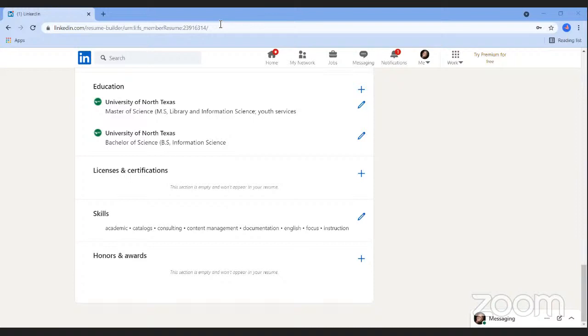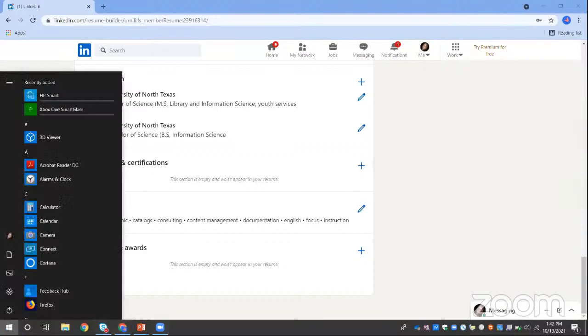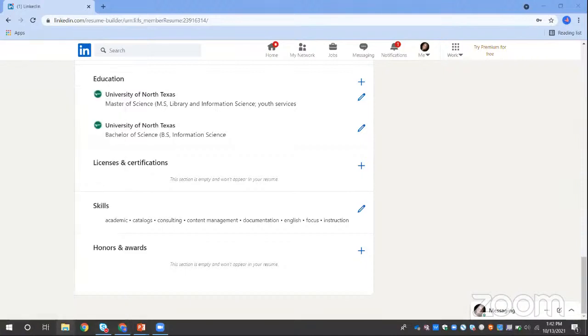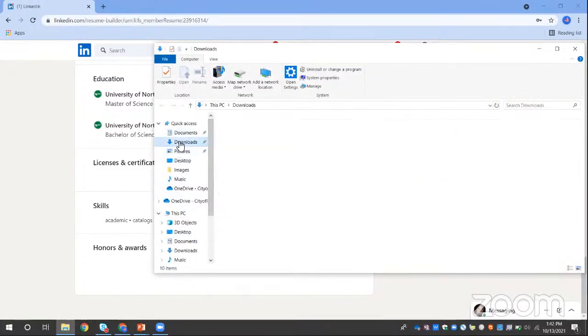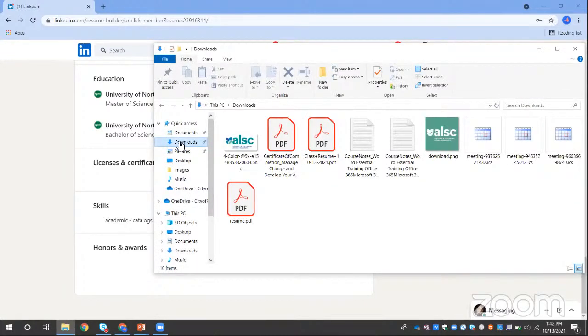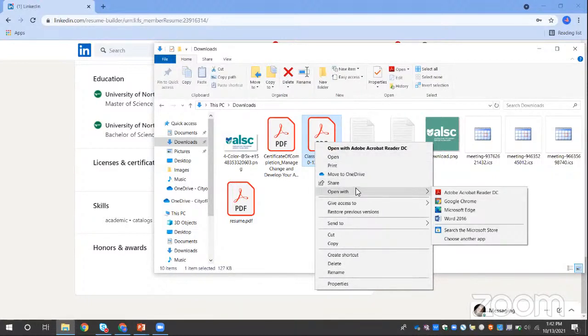So what we're going to do here is switch our view so that you can see my whole screen. And we're going to pop over to my downloads here to open up a PDF in Microsoft Word. So this is my resume that I downloaded. What I could do is go ahead and right click on that document and scroll down to open with.